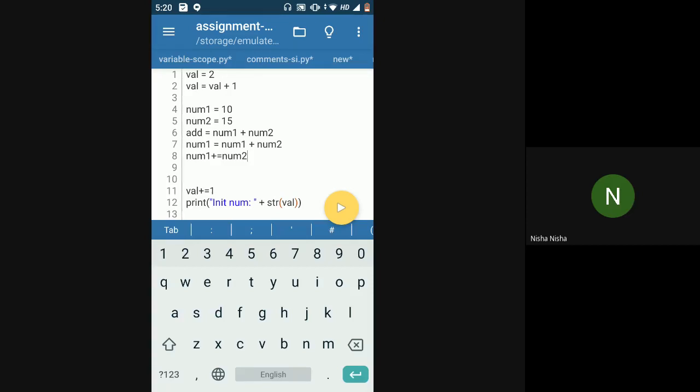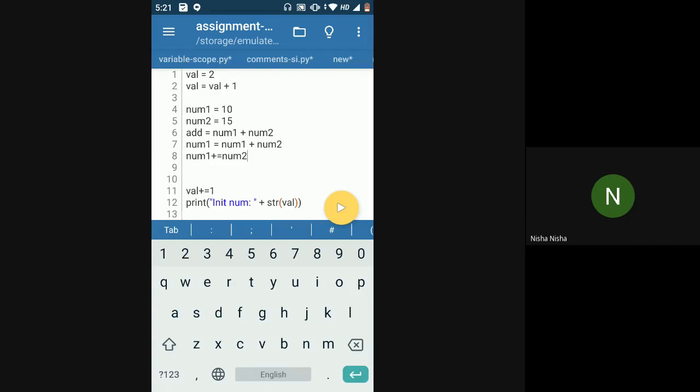Okay, so what it is doing is adding whatever value is present inside the num1 variable to the value present inside the num2 variable. Now it has to store this value somewhere, right? So it is storing it again into the num1 variable only. On line number 6, you're taking the value of num1, adding it to num2, and storing this value into the add variable.